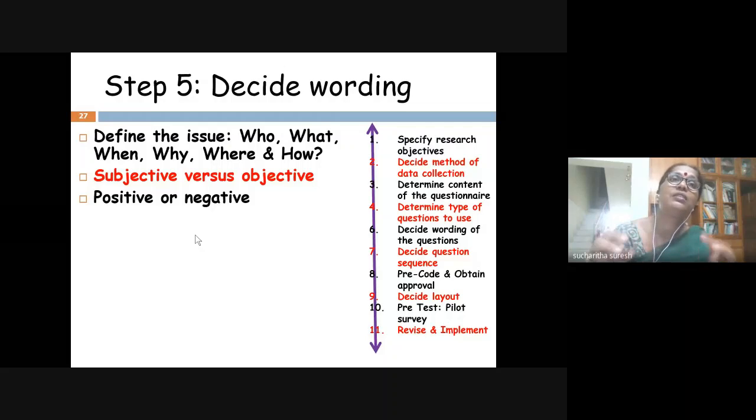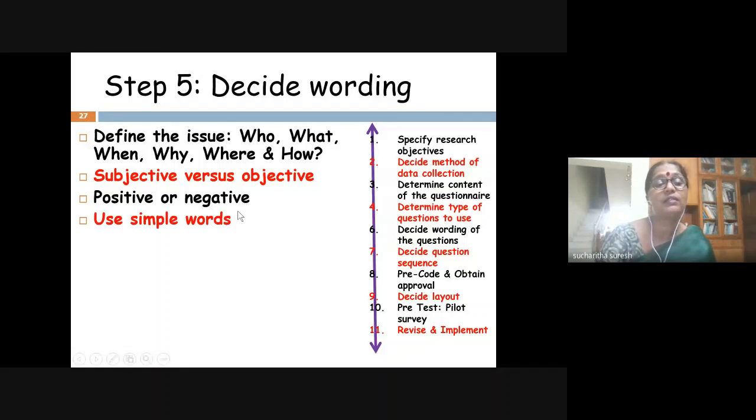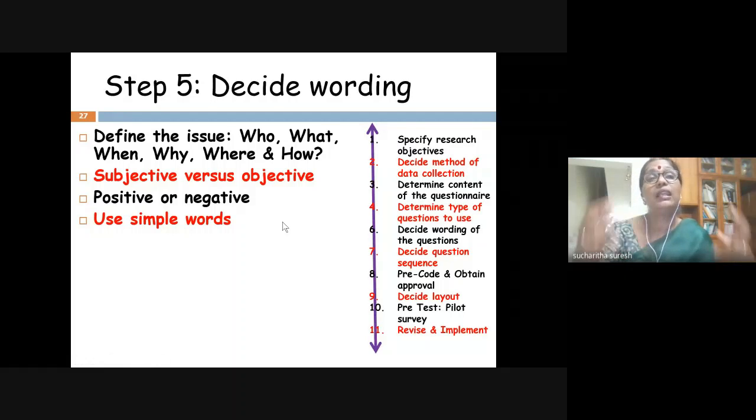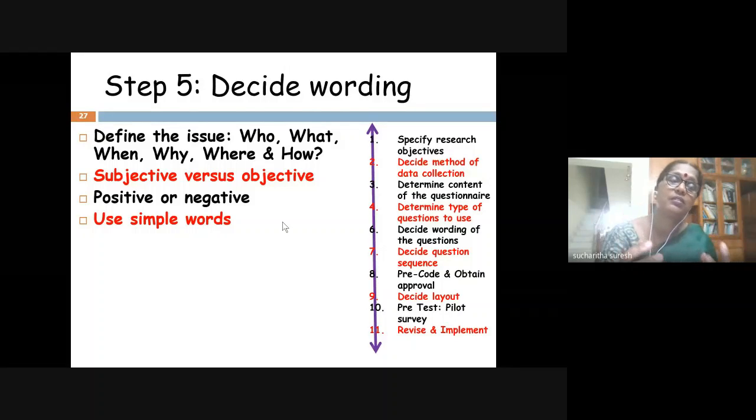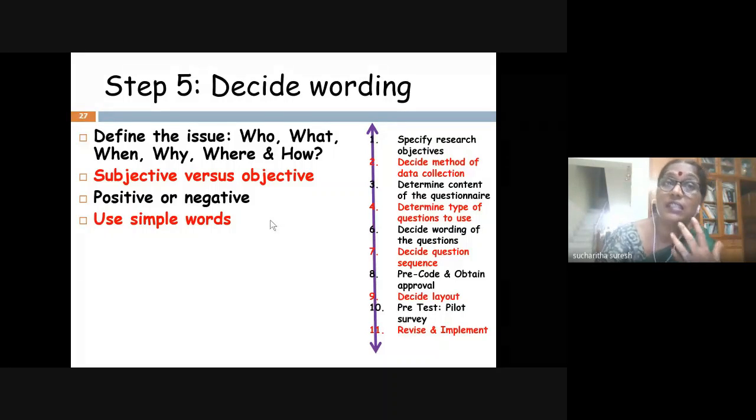I am not satisfied in the institution: strongly agree, neutral, disagree, strongly disagree. Versus I am satisfied in the institution. See the difference. I am not satisfied, you are giving in the negative way. I am satisfied, that's in the positive way. So such types of questions also can be given. But you have to use simple words. See, I am very good with vocabulary, but if I show it in my questionnaire, people will not read your questions, dear friends. Those vocabularies will not help to get the responses. So you use simple words wherein people can understand and respond.